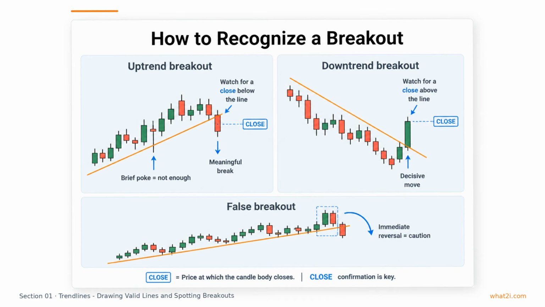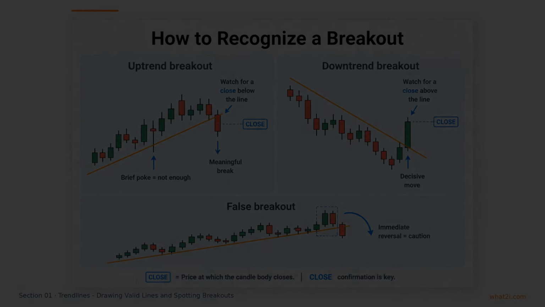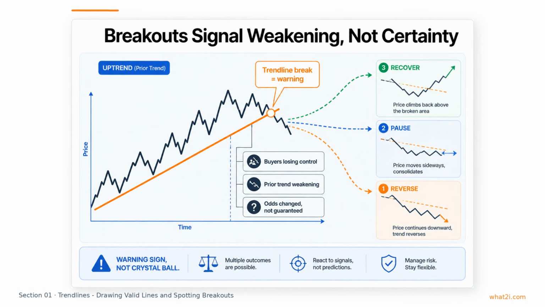Even then, it is smart to stay cautious and watch what happens immediately after the break. The goal is to recognize a meaningful change, not react to every small violation. A broken trend line is best treated as a warning sign, not a guarantee of reversal. It tells you that the prior behavior may be changing and that the side in control may be losing strength. Buyers may no longer be defending an uptrend as reliably, or sellers may no longer be capping a downtrend as